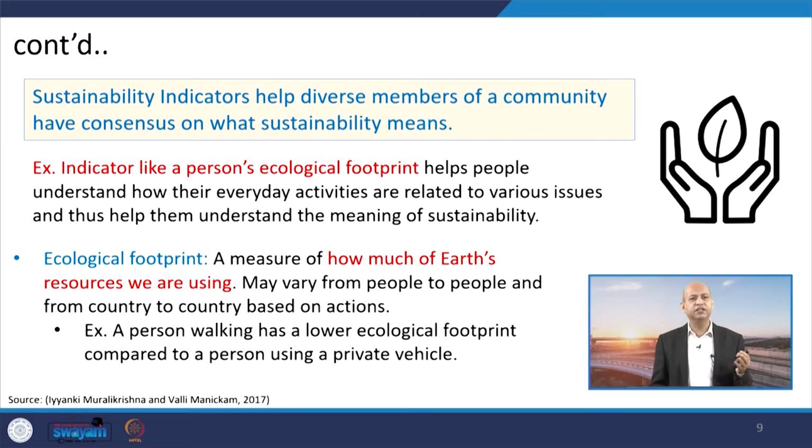Well, the nature of the indicators also depends, for example, on indicators of a person's ecological footprint. It can help us understand whether we are making negative or positive impacts. We also talk about carbon footprints. For example, I want to travel from here to Delhi. Whether I take public transportation, or a car, or an air journey, all these three different transportation modes will have different carbon footprints.